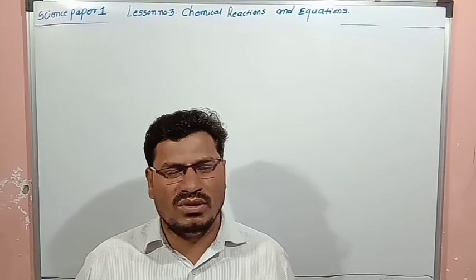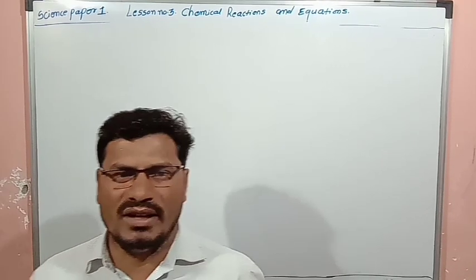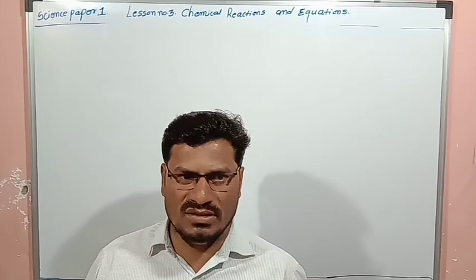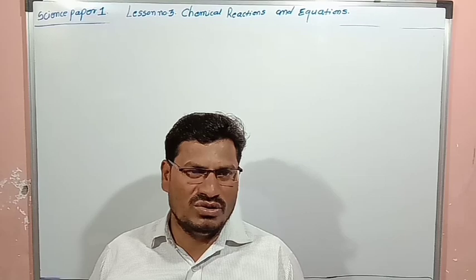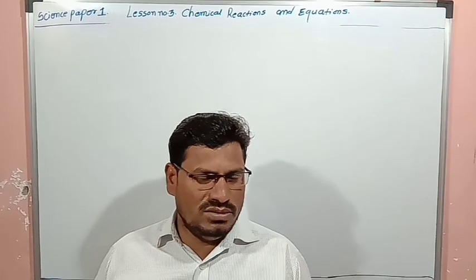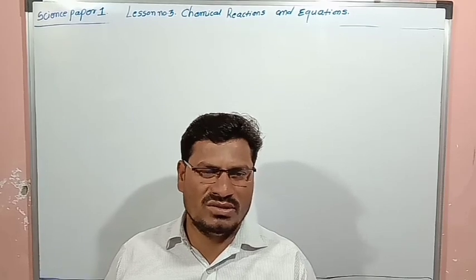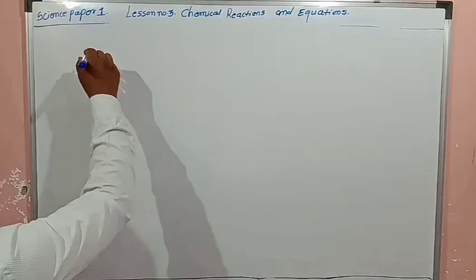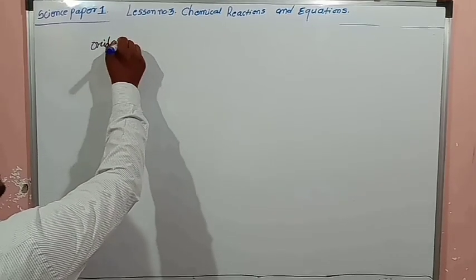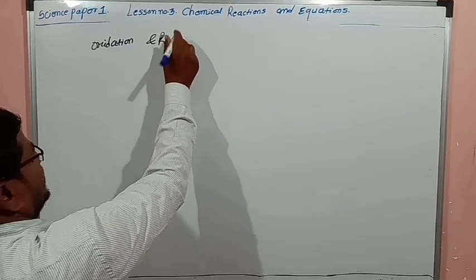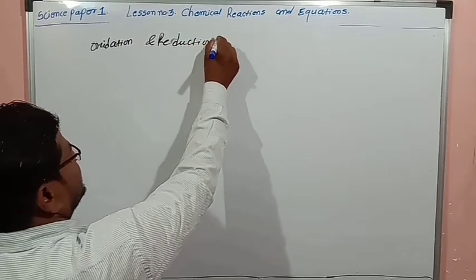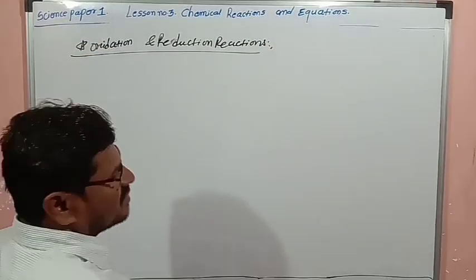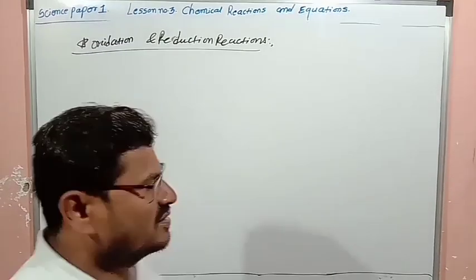So after this we are going to learn other types of chemical reactions, and those other types of chemical reactions are oxidation reaction and reduction reaction. So next part is the oxidation reaction and reduction reaction. Some reactions I am going to write, and you just observe those reactions, and after that we will decide the types of the reaction. In that, oxidation and reduction reactions. So some examples I am going to write. First example is there.